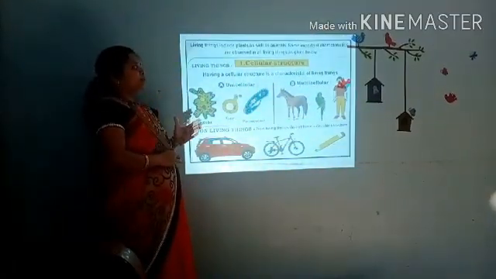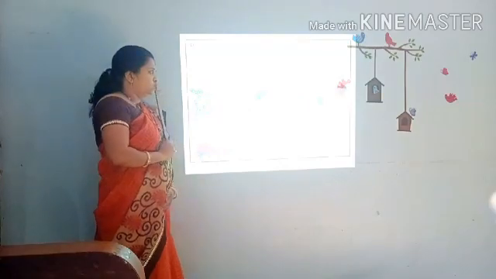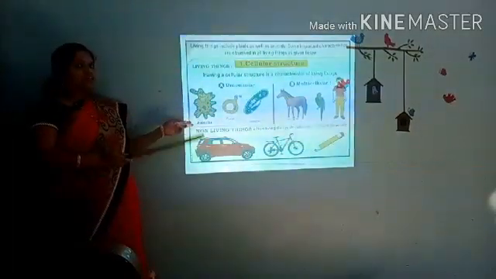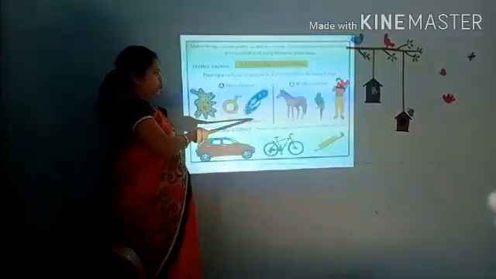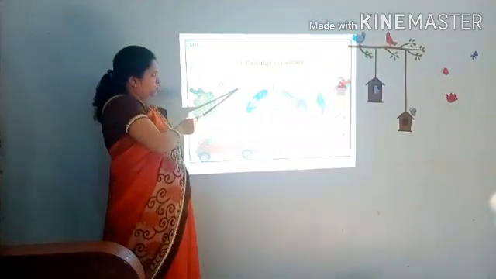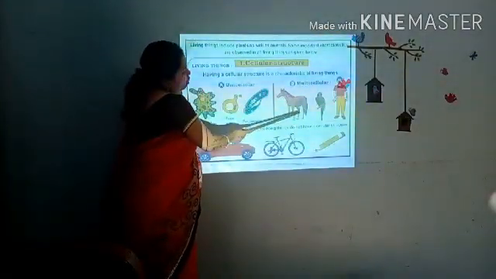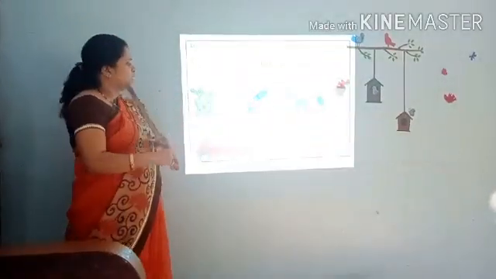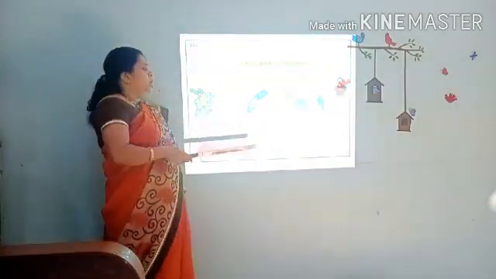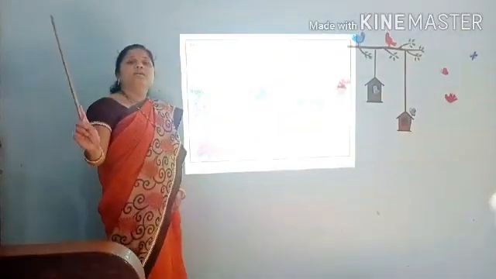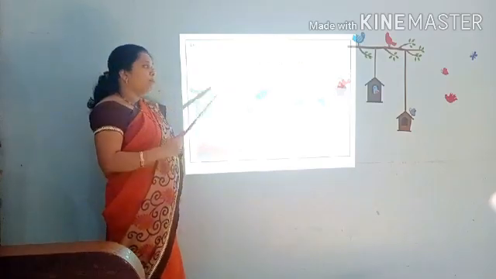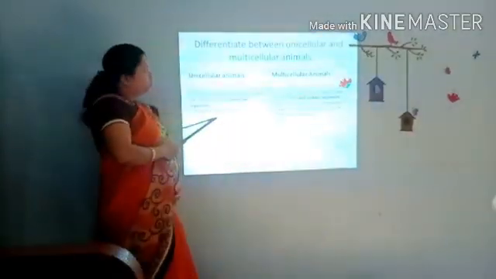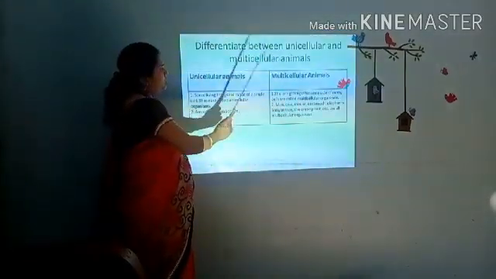We can see there are some characteristics. In that we have already seen the cellular structure. Having a cellular structure is a characteristic of living things. The animals which have a single cell are amoeba, yeast, paramecium. They have single cells, so they are called unicellular animals. And horse, parrot and man, they have many cells in them, so they are multicellular animals. But remember, non-living things do not have a cellular structure. They are made up of particles. So on the basis of this, we can differentiate between unicellular animals and multicellular animals.